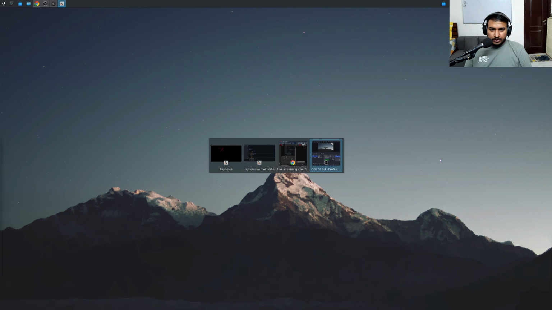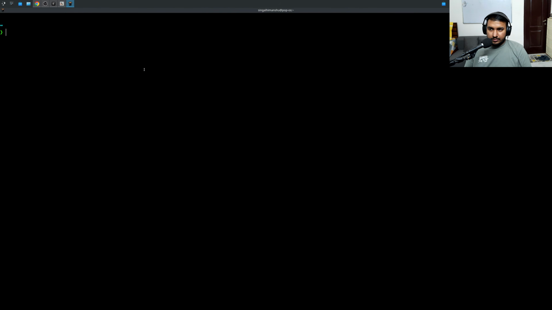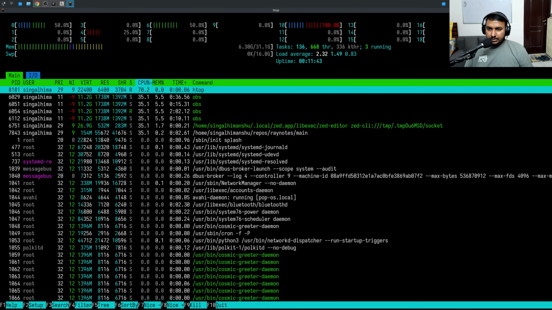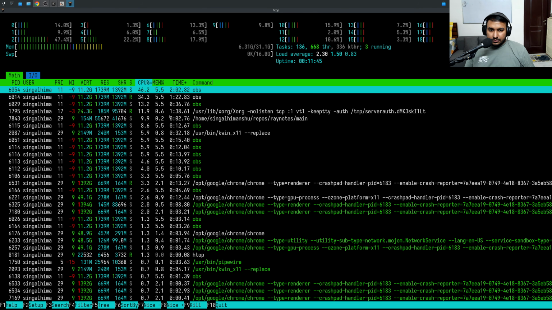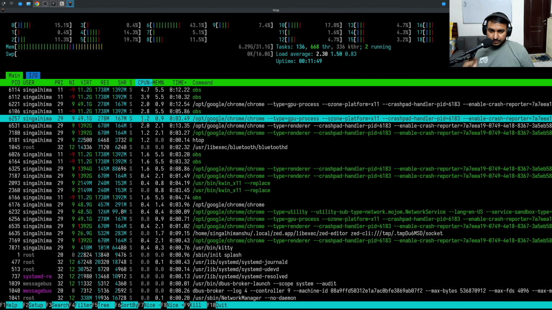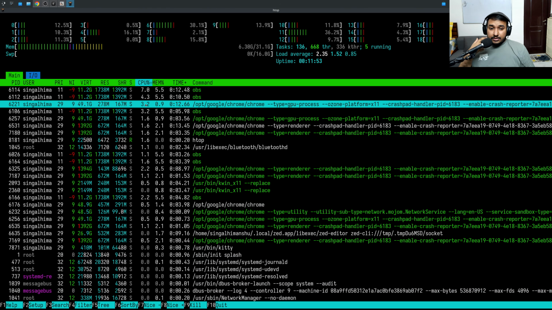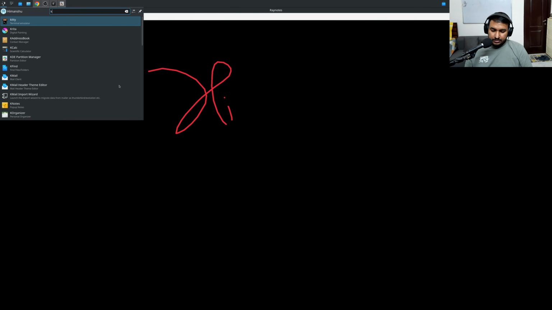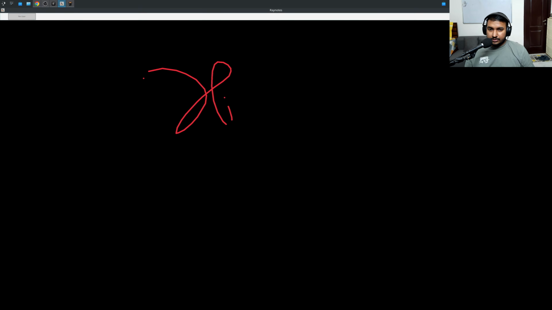Let me open my terminal. We don't have htop. I'll quickly download htop, and then we can see. So we are seeing a bunch of obvious stuff. We have raylib, which is taking 10% of the CPU. Which is not great actually, because if we draw some other color,